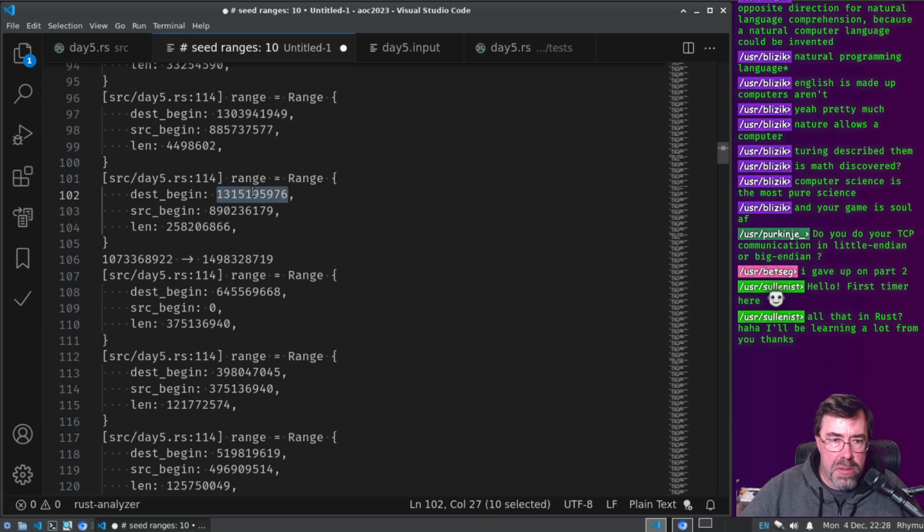So it's going to be the difference between those two minus this equals plus this equals 149,832,871. That's correct.